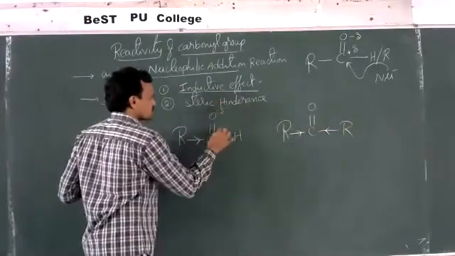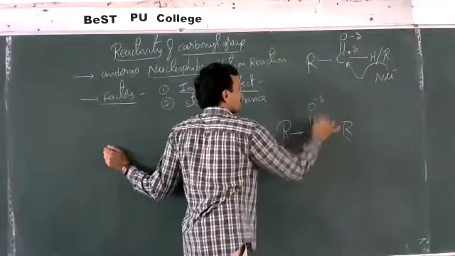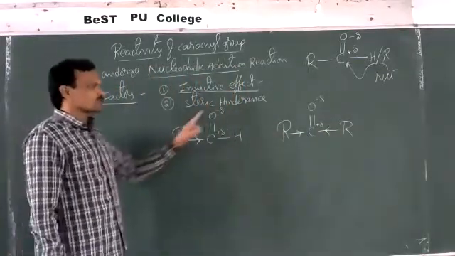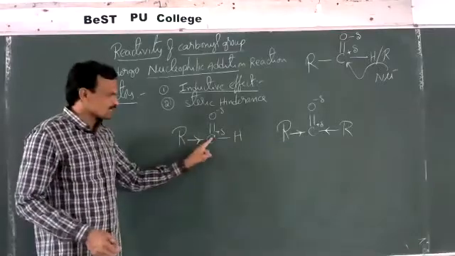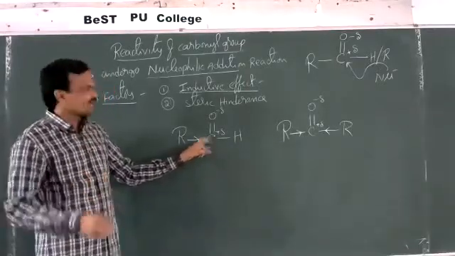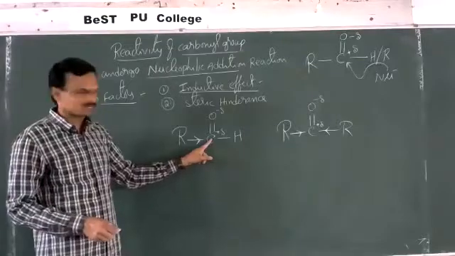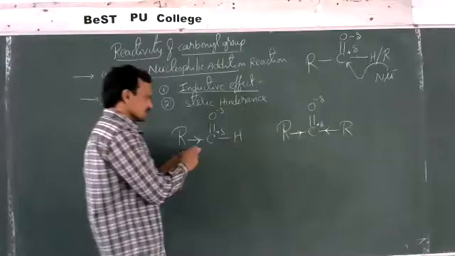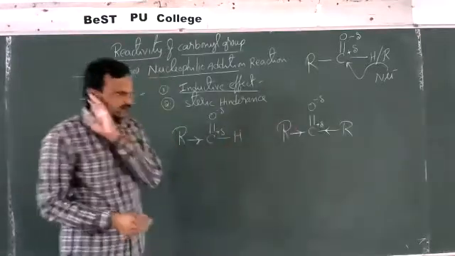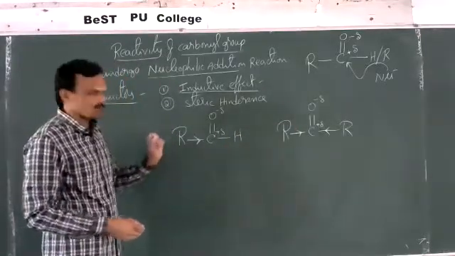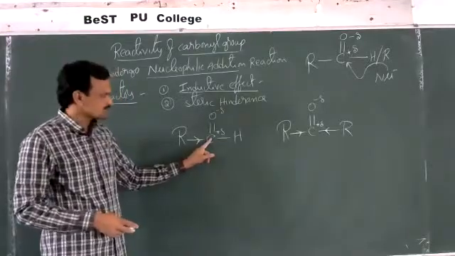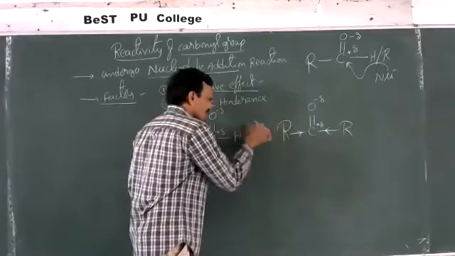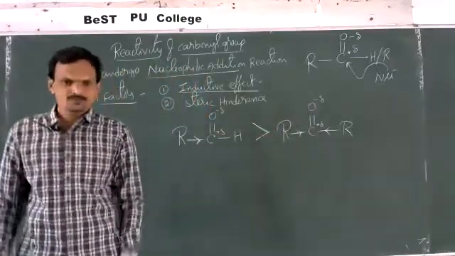So partial negative, partial positive here. Here partial negative, here partial positive. As the plus I effect of alkyl group increases, the extent of positive charge decreases. As the extent of positive charge decreases, reactivity towards nucleophilic attack also decreases. That means among these two compounds, the extent of positive charge on carbonyl carbon is more in aldehydes than in ketones. That's why aldehydes are more reactive than ketones towards